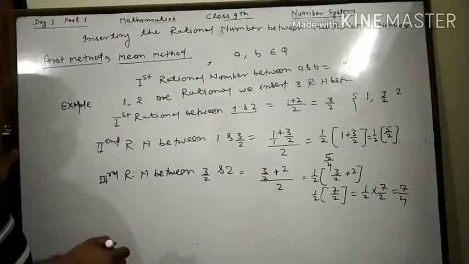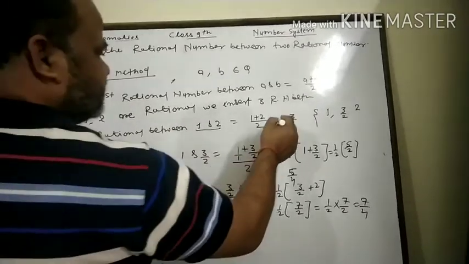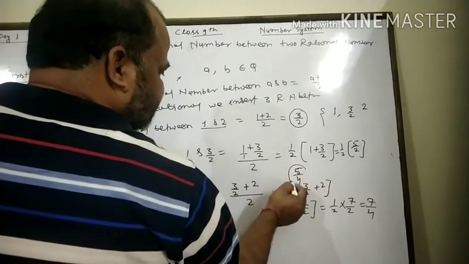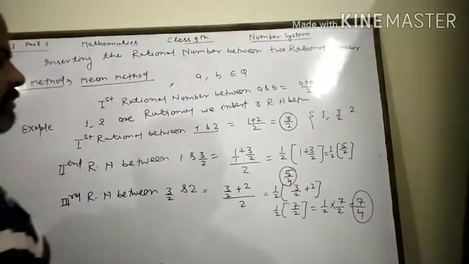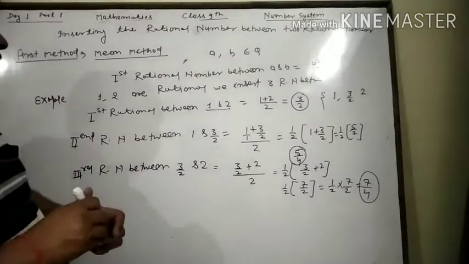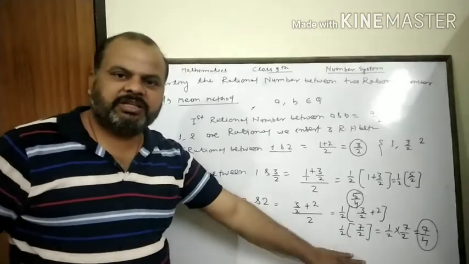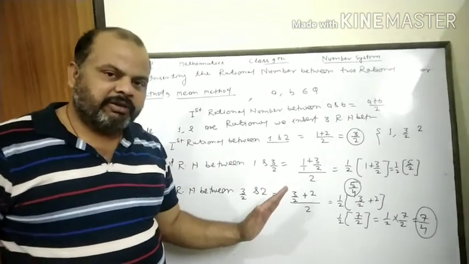Then the rational numbers between 1 and 2 are, first rational number 3 by 2, second rational number 5 by 4 and third rational number 7 by 4. By this method you can insert infinite rational numbers between two rational numbers. Then finally you can say we can insert